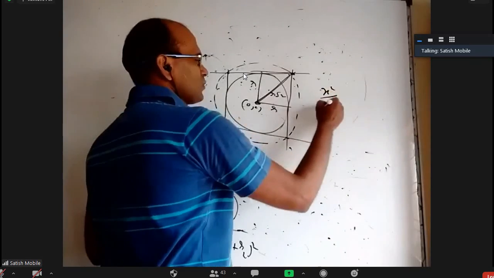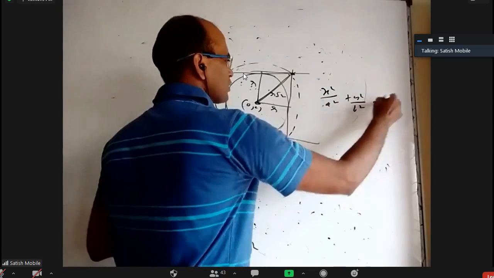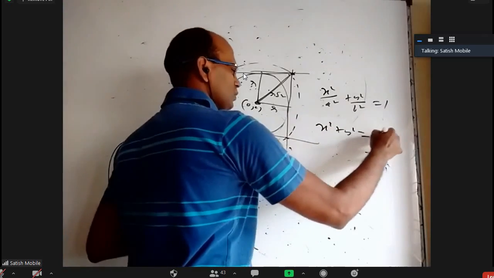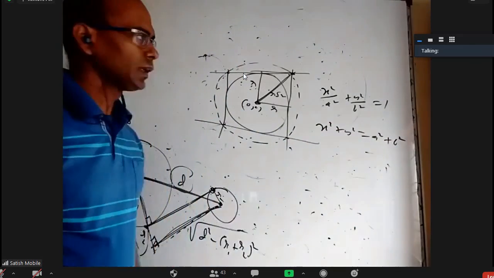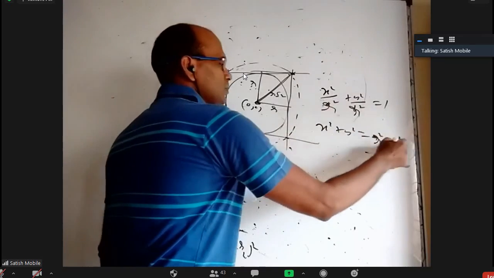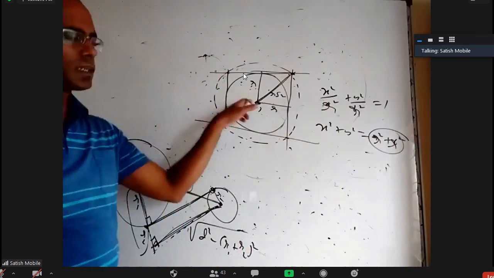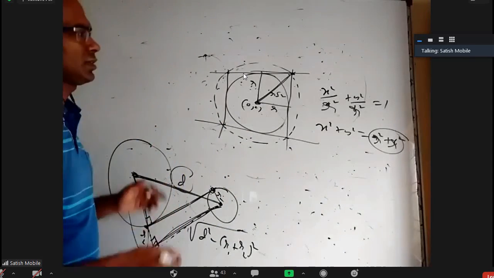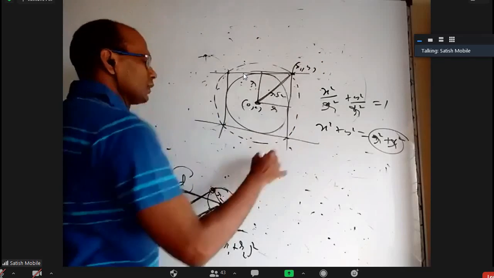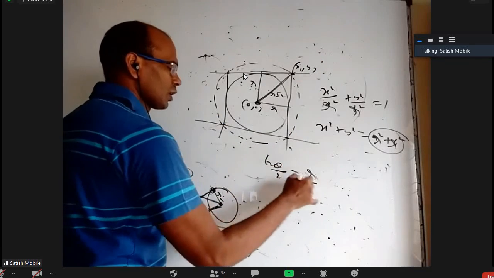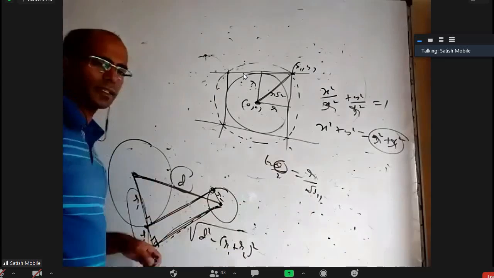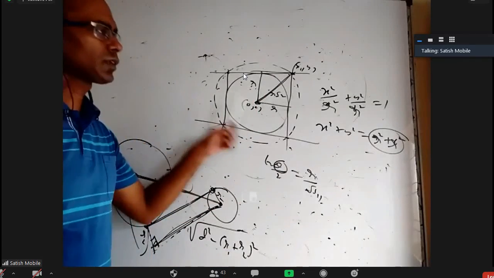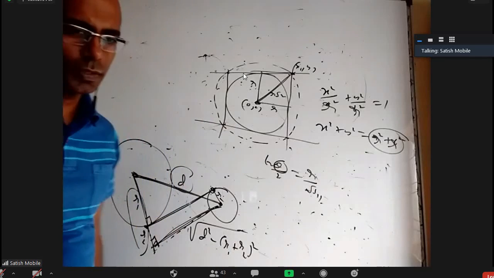In fact, in the ellipse, we have this formula x square by a square plus y square by b square equal to 1. The director circle formula is x square plus y square equal to a square plus b square in the ellipse. Here, this is also r square, this is also r square. When you put that, you get 2r square, which is exactly r root 2 whole square. So from the ellipse, you can get back the circle's formula that way. Or simply take this as x1 comma y1 and use tan theta by 2 equal to r by root s11 and substitute theta as 90 degrees. Then also you'll get x square plus y square equal to 2r square. But from the figure, you can very quickly remember that.